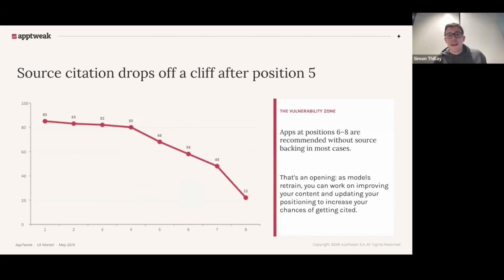If we turn to the next slide, I also want to talk about the notion of citation itself, because citation is what AI gives as a way of backing its claim. So it's an indication of where it learns, but also sometimes it's an indication of where it grounds its answer, not necessarily where the full answer originated. A lot of that can be in the core knowledge, but it's also about where can it ground its answer and validate, oh, if I have to justify my answer, here is the source. This is very important because